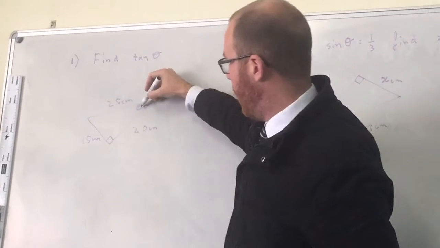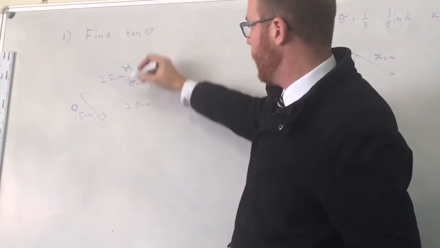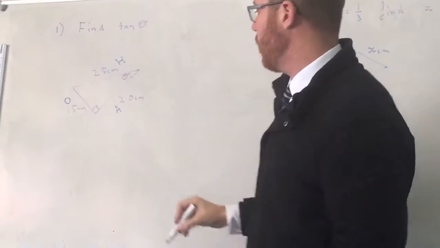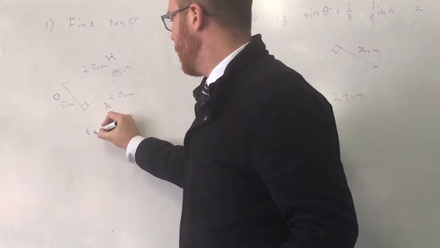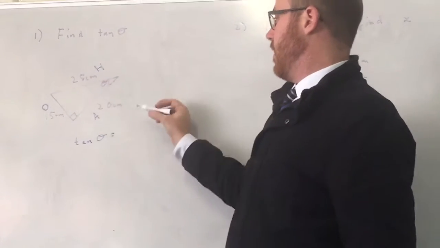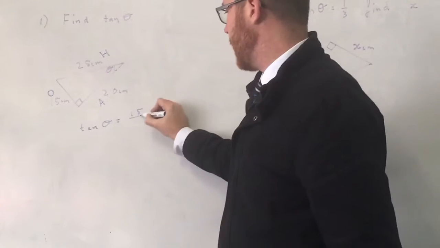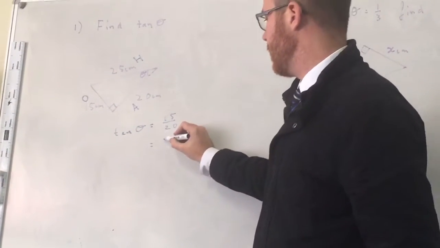That's the opposite of the angle. So that's the opposite, that's the hypotenuse, and this is the adjacent, isn't it? So what's the tan ratio in this case? The tan ratio is 15 over opposite, 20 over adjacent, so 15 over 20, or we can simplify that ratio down to just 3/4,